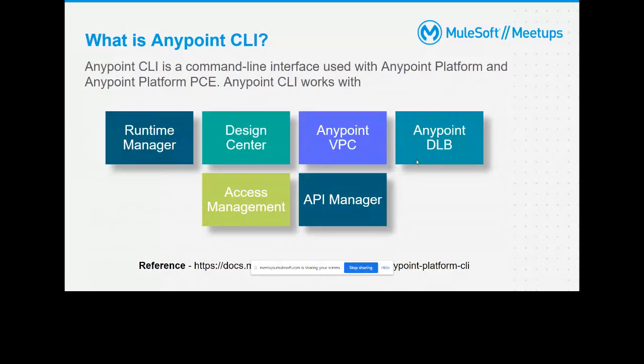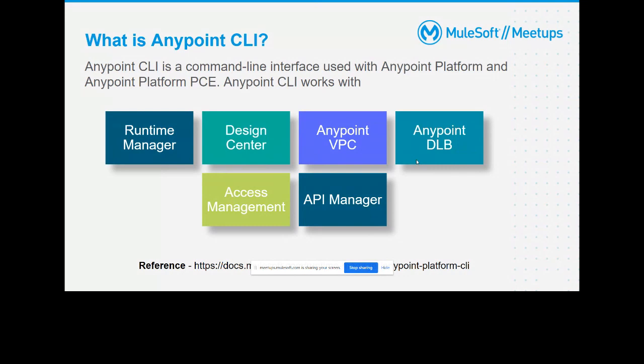Apart from that, let's consider where Anypoint CLI is useful. You can write all your scripts in a Windows batch file or as a shell script using Anypoint CLI commands, and you can simply call that shell file or batch script from Jenkins or any other DevOps or CI/CD pipeline tool. So it's very simple. I am going to show you that in the demonstration, and you will realize it is very fast too. It does the deployment very quickly. It doesn't take too much time. It does a deployment in minutes and seconds. I will show you that.